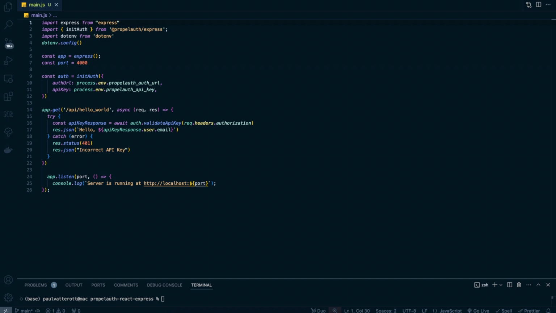No matter what, if a user created the API key, then we know it will return some information on that user, including their email. This is how we're able to return the user's email address in the response here. If the validate API key function returns an error, we can use this try catch to capture it and then return a 401 to the user. And that's it. You can see that in just a few lines of code, you can add API key authentication to your backend. Next, let's log into your app as a user, create an API key, and then test this